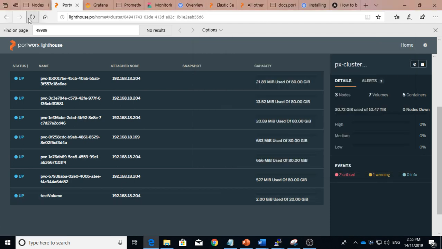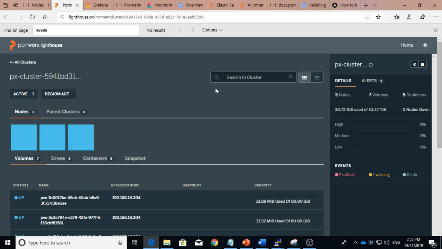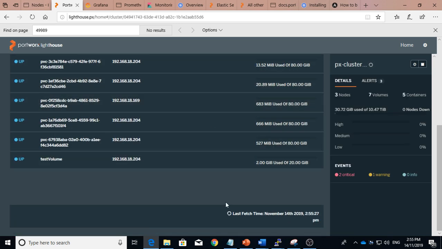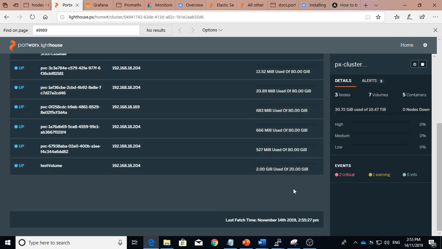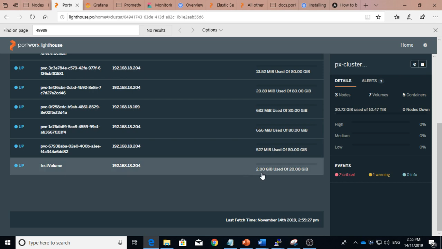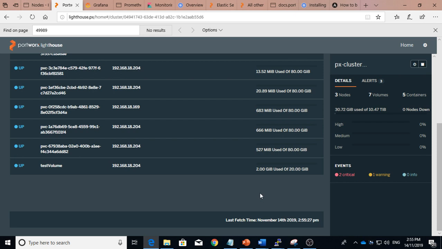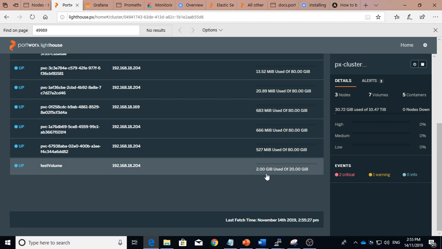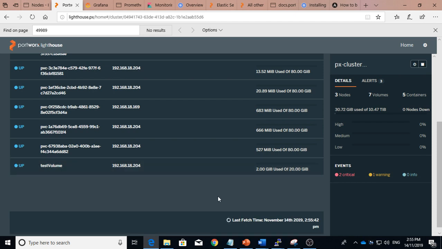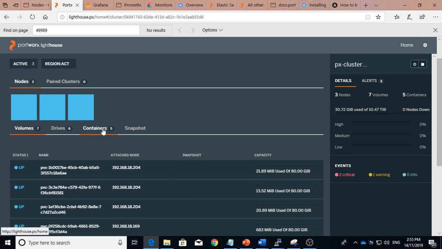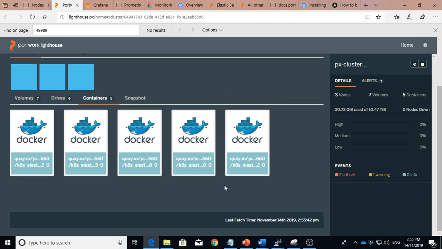And this Lighthouse dashboard updates itself periodically. After a couple of minutes, since we have added one more 1 gigabyte of data here, it will show 3 gigabyte in a few minutes. So this dashboard gives the view of the utilization of storage and the various containers running there. We can see the containers as well. For example, we are running some elastic